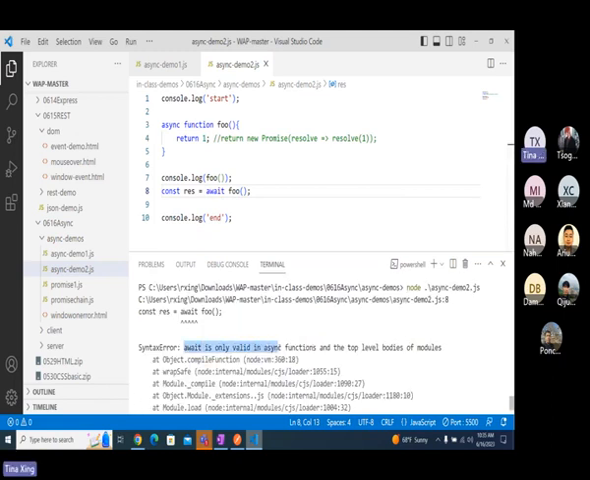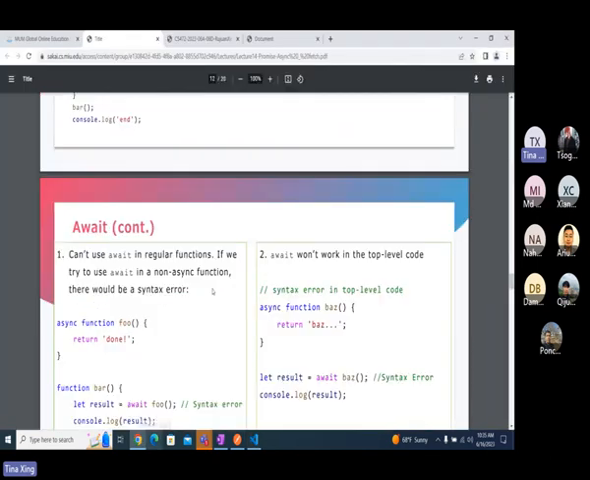Await is only valid in async function and the top level body of modules. You ignore this part, okay. We only care about this part. This one is talking about await is only valid in async function. Are we in an async function here? No. So in order to use await, we have to